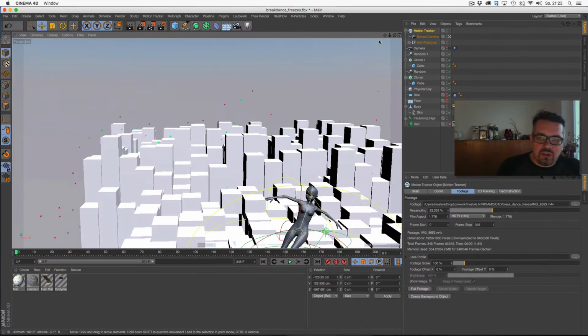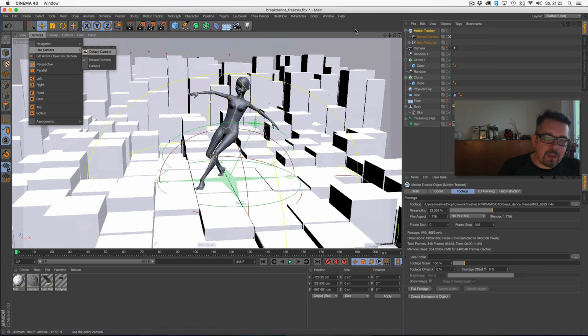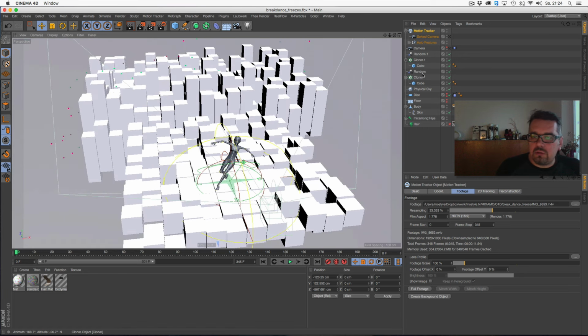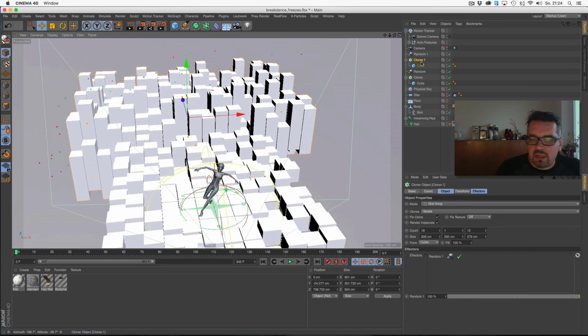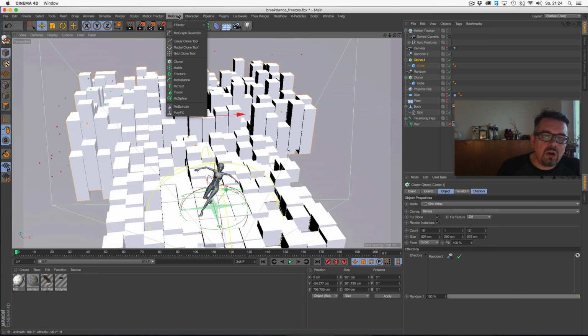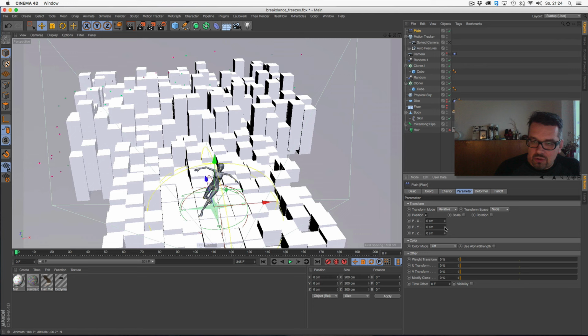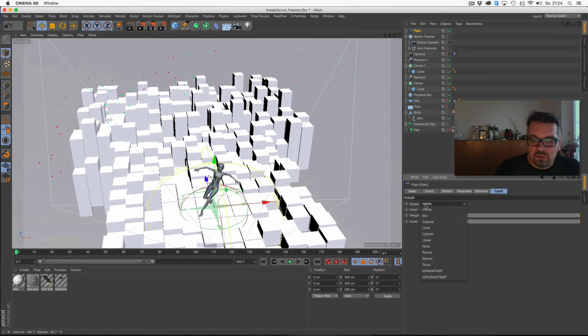When you put in a plane effector, for example, set it to 0 or something, and give it a falloff.